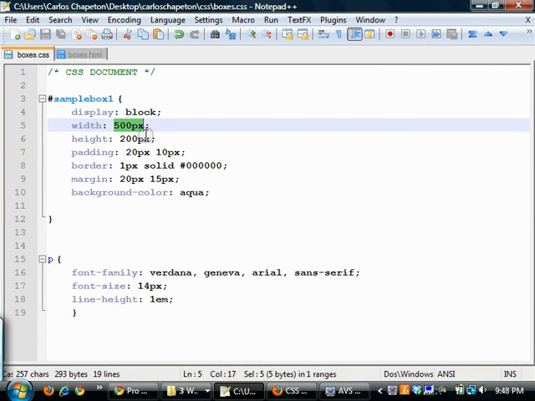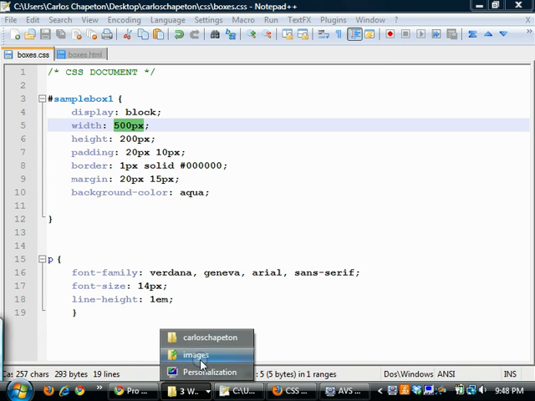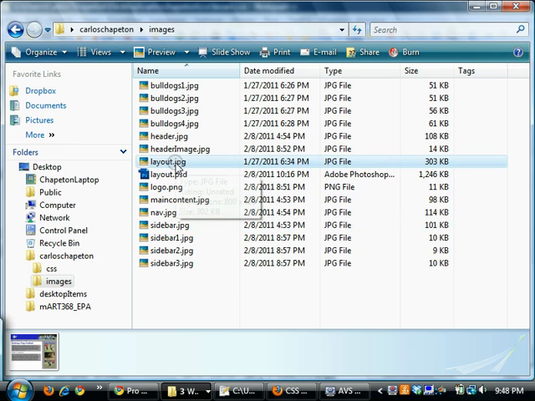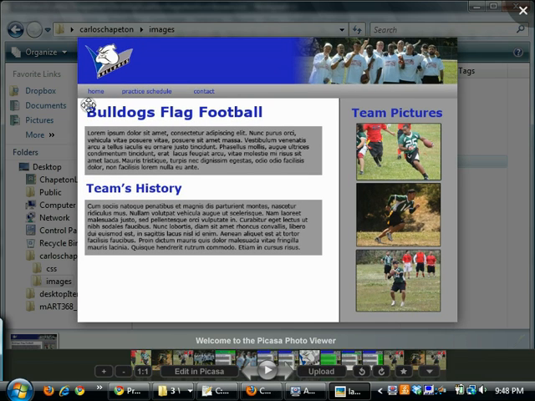So this starts to make some sense now, right? And hopefully it does so far. The next thing I want to talk about is the fact that I've given this a width of 500 pixels, and let's say I picked that as a random number, but if I was looking at my layout and I decided that in Photoshop I've measured this out and I know that this is a 500 pixel wide box,